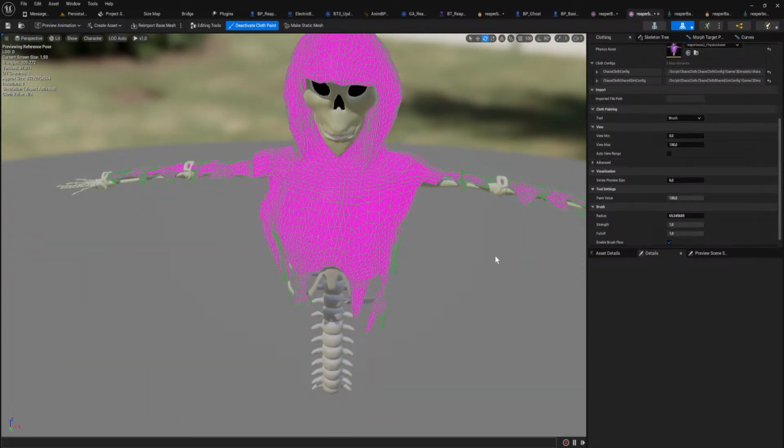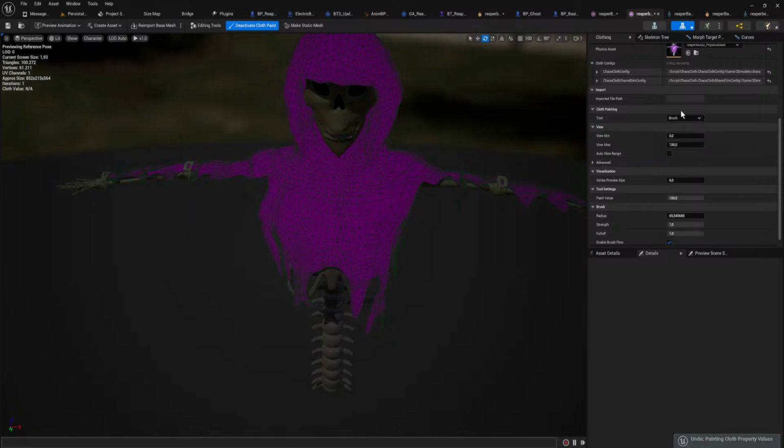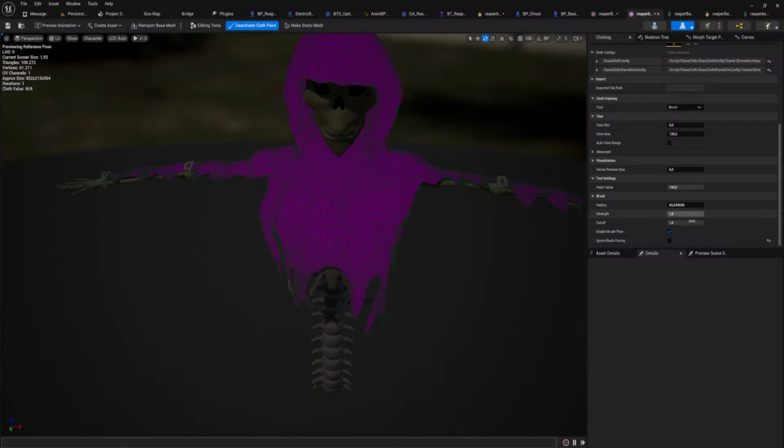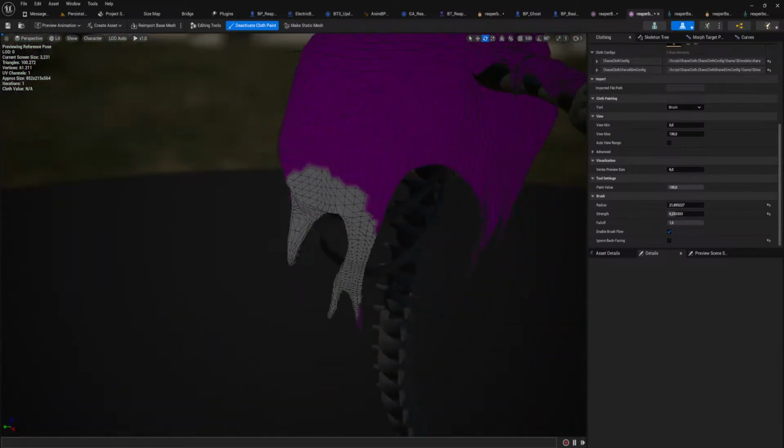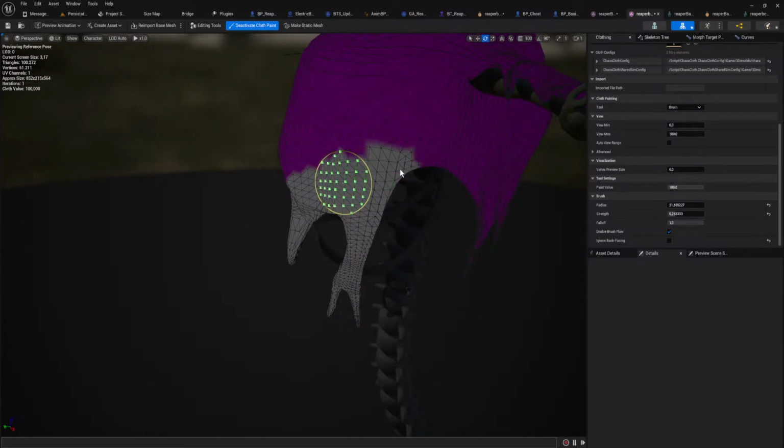And then in here we can set our strength. Yeah, it needs to be a lot less than that. So our strength needs to go very much down, and maybe our radius as well. How's this? That feels a little better. I just want these little dangly bits to actually be dangly bits.